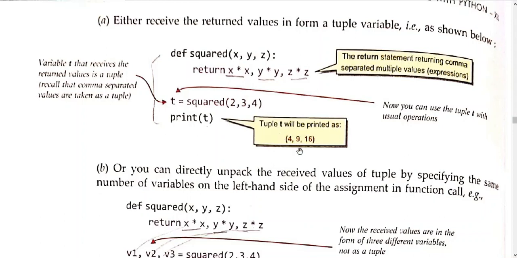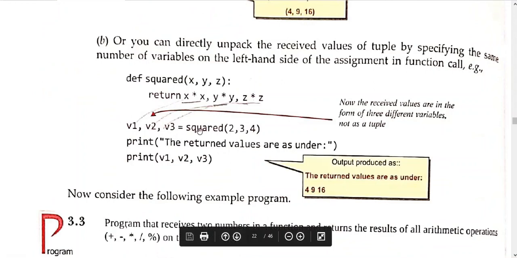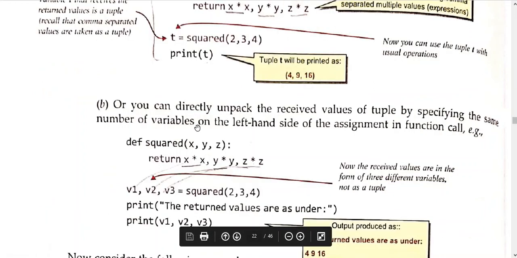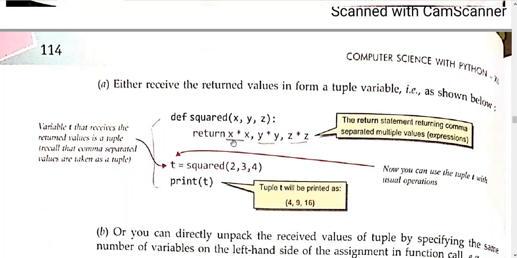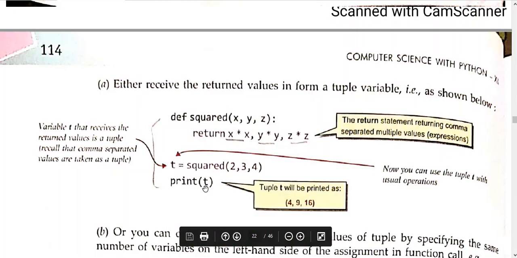So here you are returning more than one value. Okay, x square will be returned, y square will be returned, and z square will be returned using a comma. See, we have used a comma, so 3 values will be returned, x square, y square and z square, and that too in the form of a tuple. Similarly, you can see here also, you have returned it to a single variable t, but it is going to show 3 values like this.